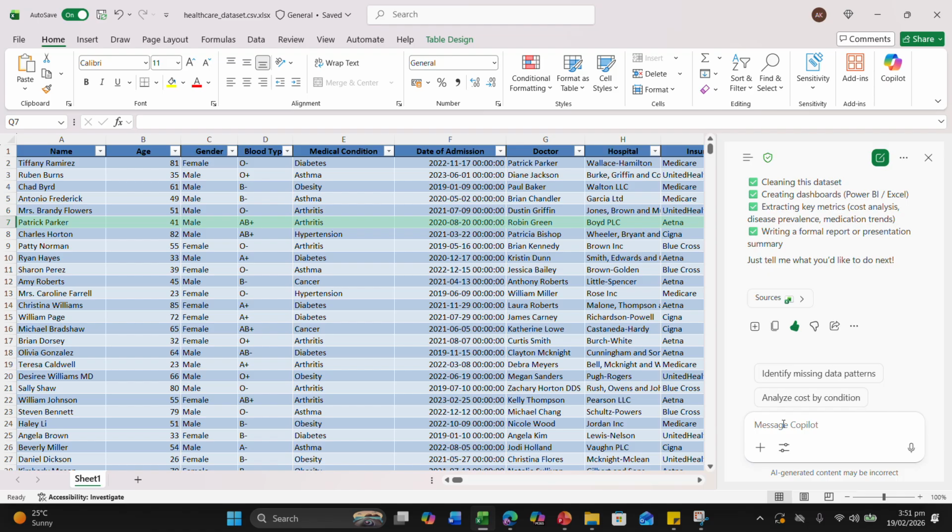Now we can test with another prompt. For example, I have to add a column called age group and categorize patients as child, adult, and senior. So I will add a prompt. I can say to Copilot, add a column called age group, and categorize patient as